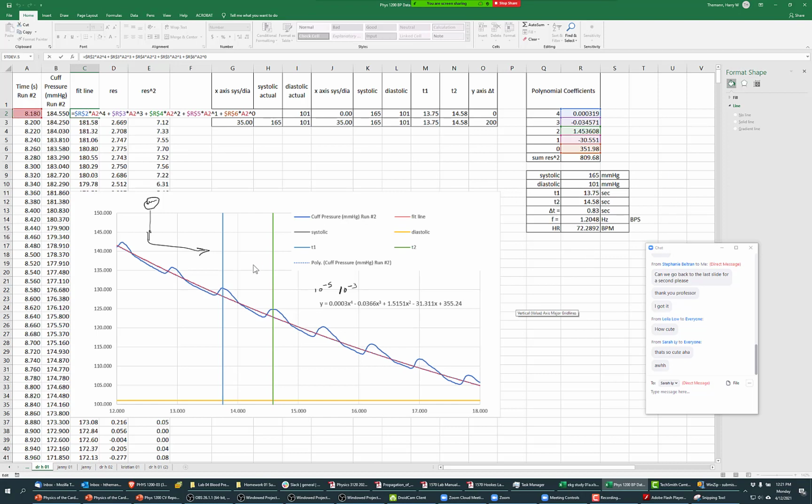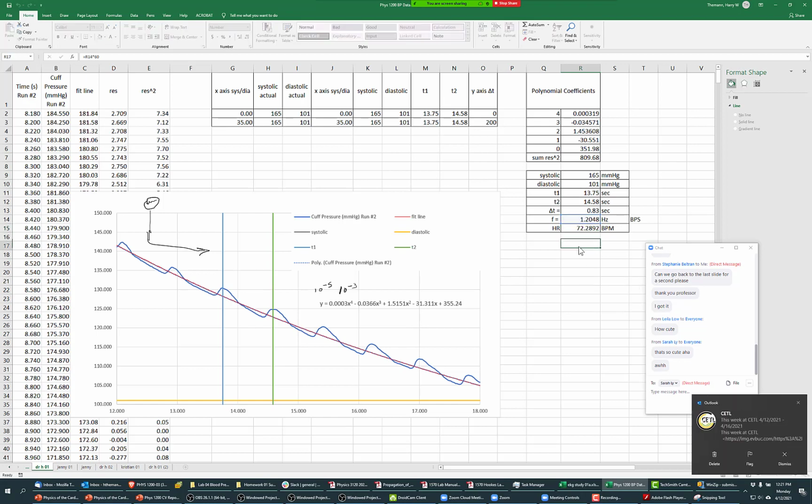So I have the two timelines, which I type these numbers in. Then this is the difference, which is an equation. Then 1 over that is the frequency, the beats per second. And then I multiply that by 60 to get the beats per minute. And it turns out in this case, the actual